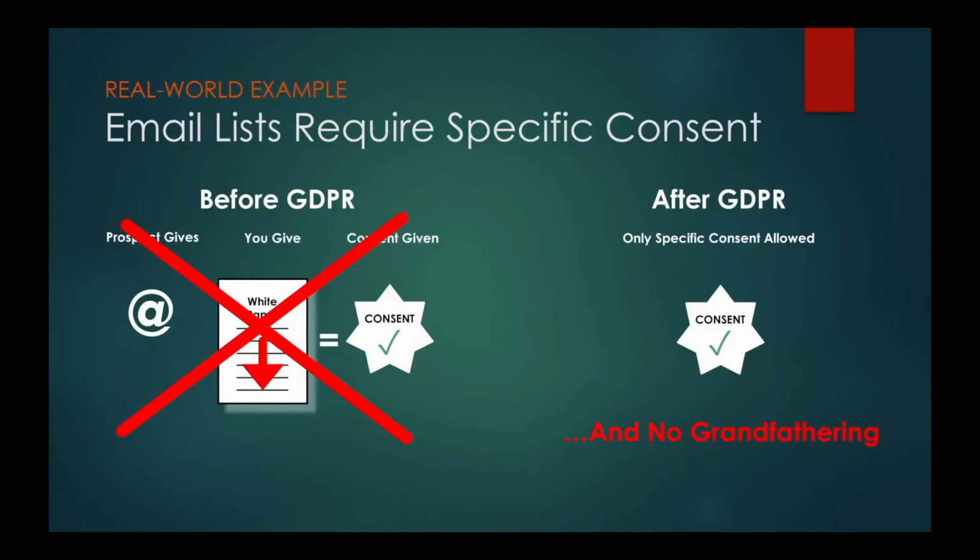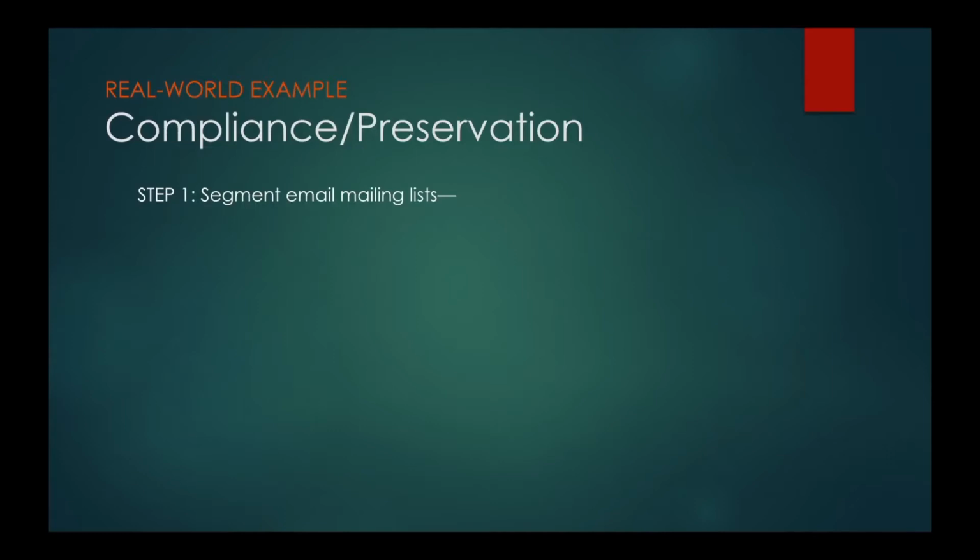So what do you do to comply? Let's take a look. Remember, your goal is to get compliant and preserve your existing list. First, in advance of the deadline, your goal is to build goodwill by using campaigns aimed at procuring GDPR compliant consents. And here's how. For non-EU businesses, segment your list into two parts.